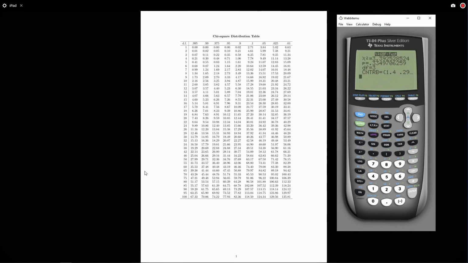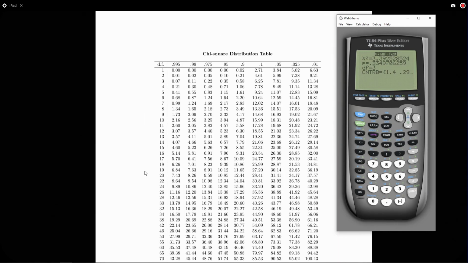Now, this is the one I'm using. You may have a slightly different looking one, but they work on the same principle. I'm going to look for our degrees of freedom, which is 3, and our chi-squared, which is 0.025, right there. And I'm simply going to shade across. Where they cross, that is our critical value, because it's determined by our area, right? And so there's the area. So our critical value is